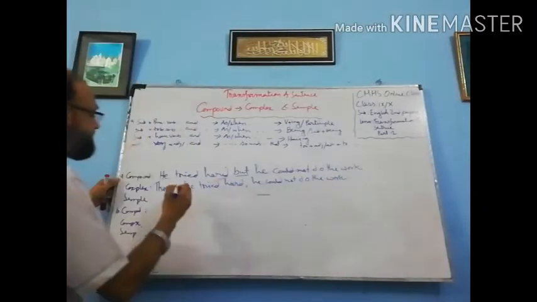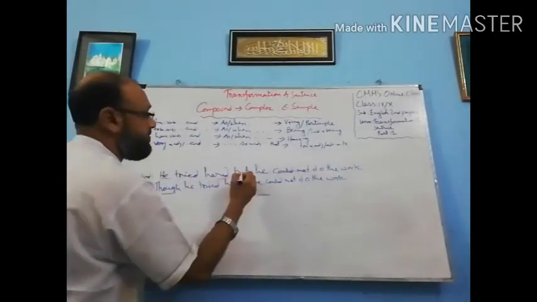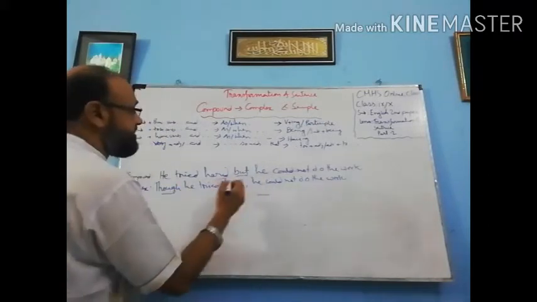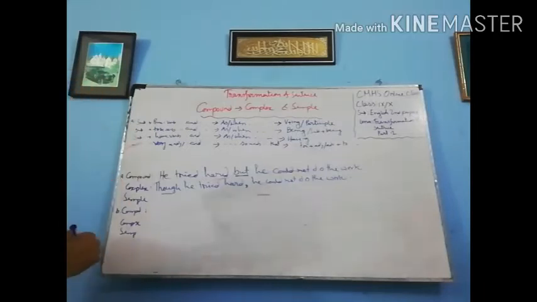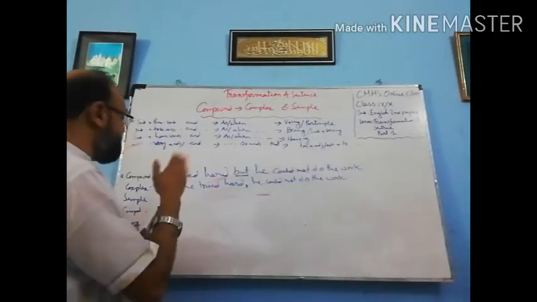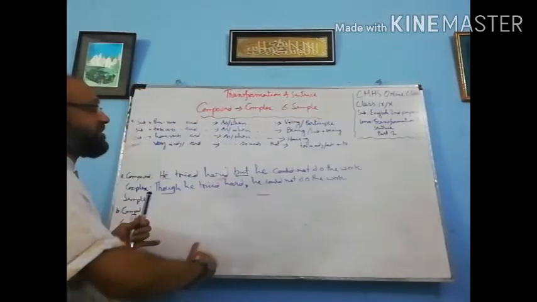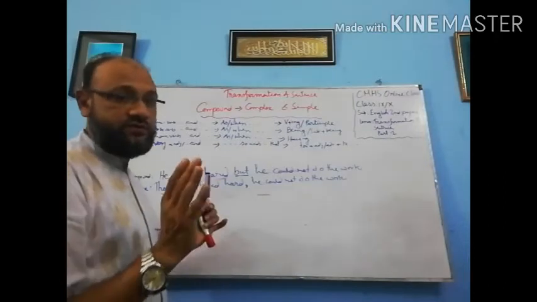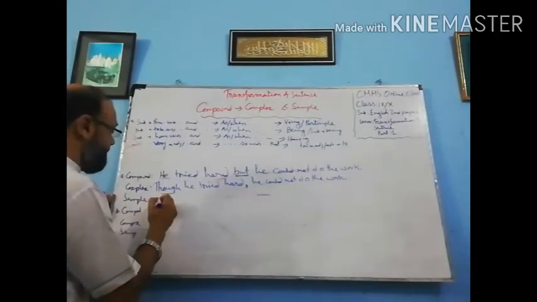So what are the changes here? We use though at the beginning of the sentence, and there is but, we omit this and we use a comma in place of but. If the subordinate clause is at the beginning of the sentence, we will use a comma here, and if the subordinate clause is at the last of the sentence, we will not use any comma. Okay, and if we make it simple one,